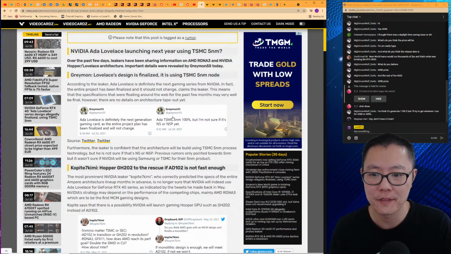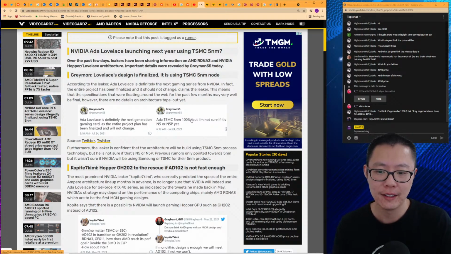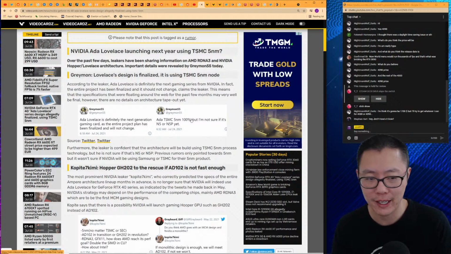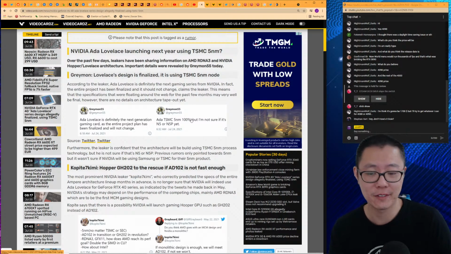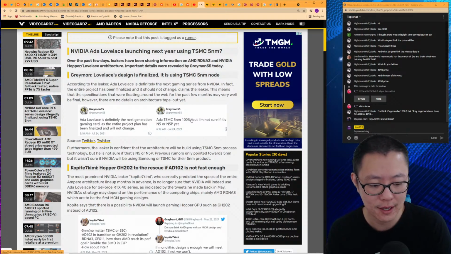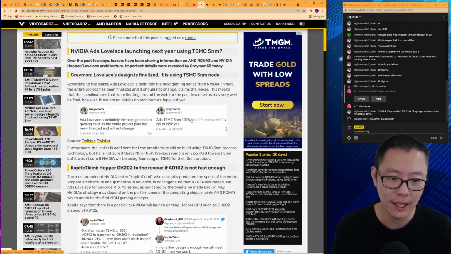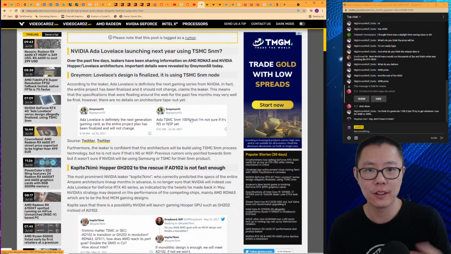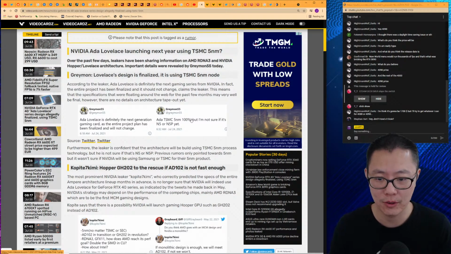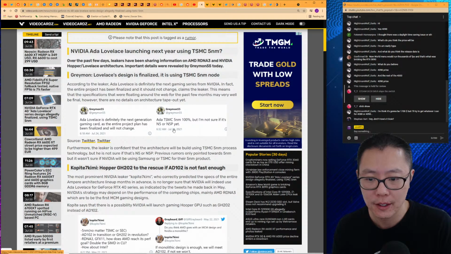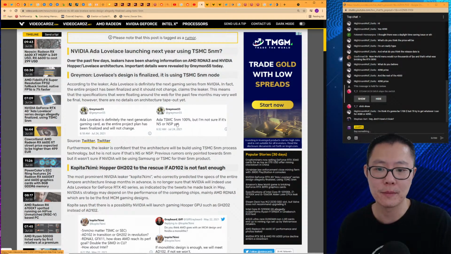Now, Greymon55 says that Ada is TSMC 5 nanometer, 100%. But I'm not sure if it's N5 or N5P yet. Now, I don't know too much about N5P or N5, but I guess it's just the further step in the process, or the next version of it. So as Samsung has 10 nanometer and then 8 nanometer, or then 8 nanometer EUV, that sort of thing. So it's like version 1, version 2, version 3. So it will be an improvement of that. But in terms of TSMC 5 nanometer, yeah, I was really surprised because